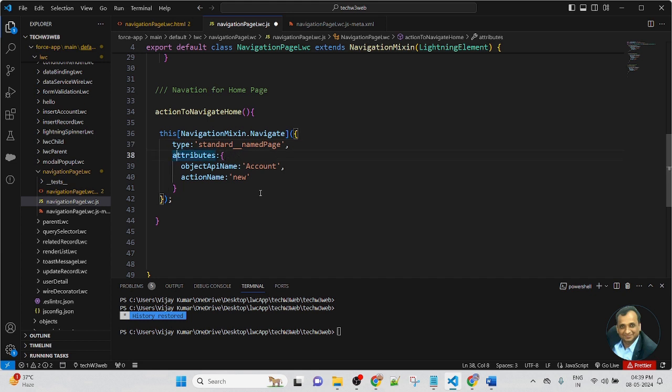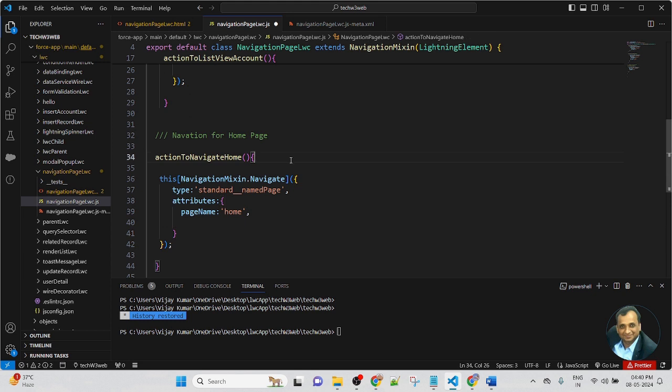The attributes are the same, but I remove the action name, and instead of the object API name, I will change it to page name. And instead of account, I will use home, because here I am navigating to the home page after clicking the button.